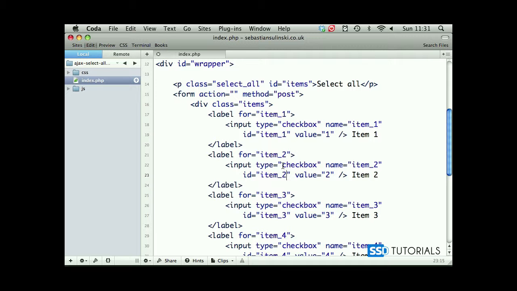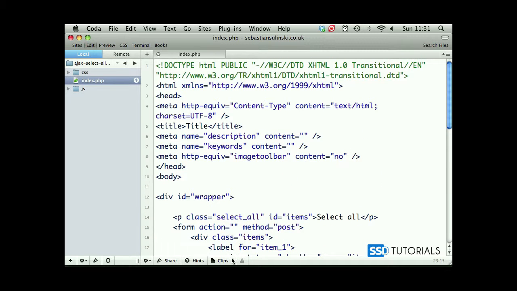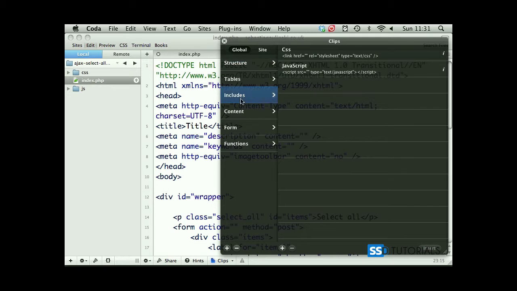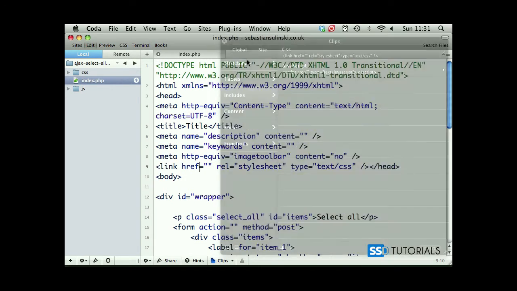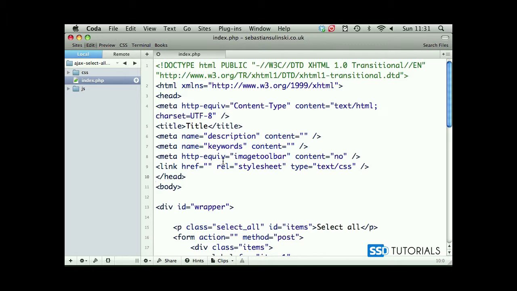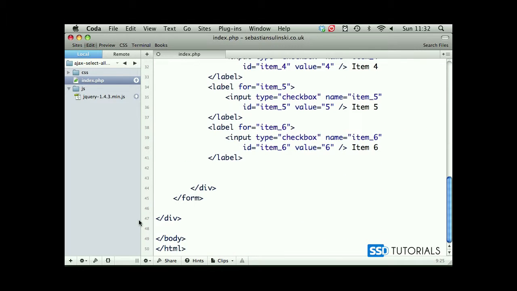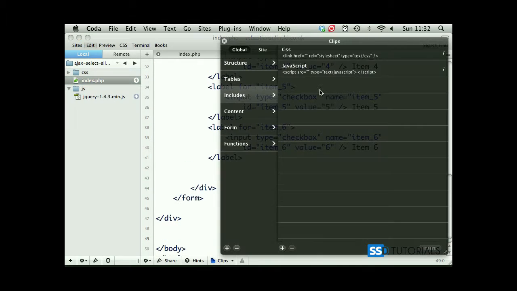Now we have nearly everything. Let's include our CSS file as well. Right before the closing head tag, after our meta tags, my CSS file is inside of the CSS folder, and it's called core.css. Now we go right to the bottom before the closing body tag, and we're going to include